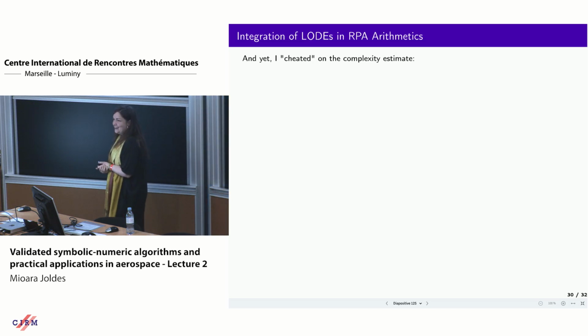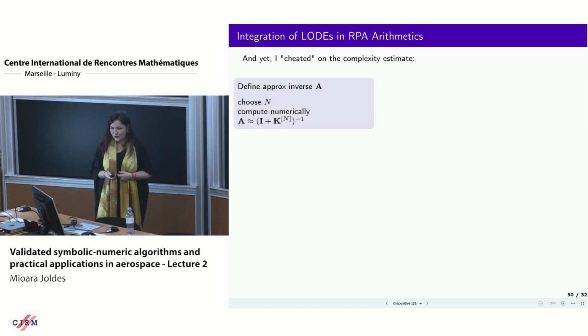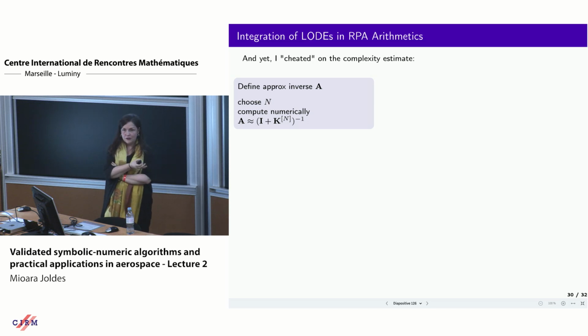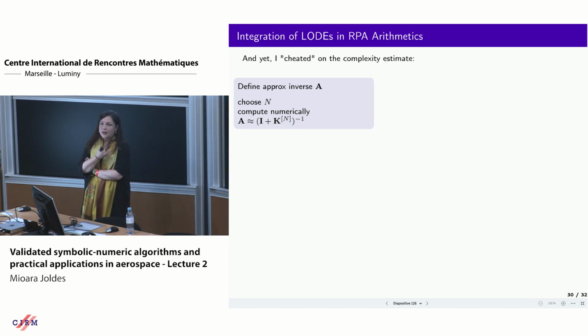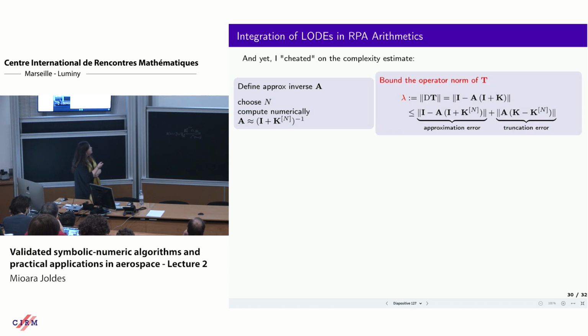And why is that? So, yeah, everything I said was correct, but I computed my complexity estimate with respect to the truncation order of my operator. But I did not compute it with respect to the actual degree of the approximation that I want to certify. Okay, so with respect to this truncation n,